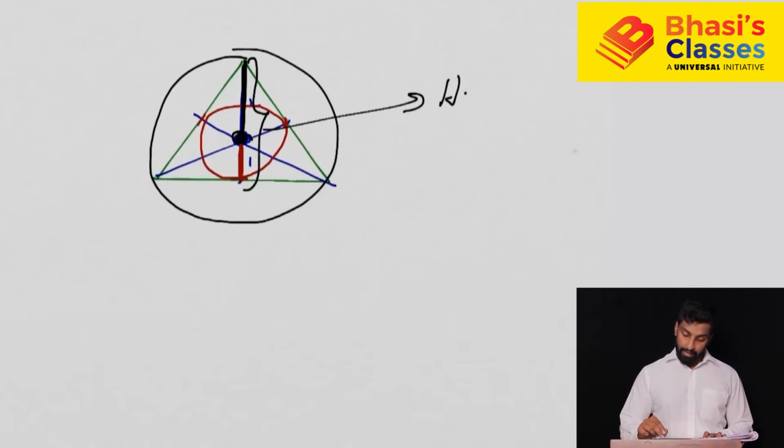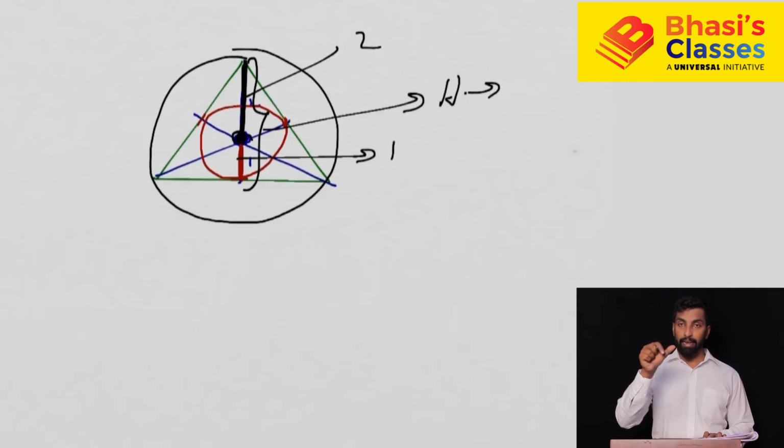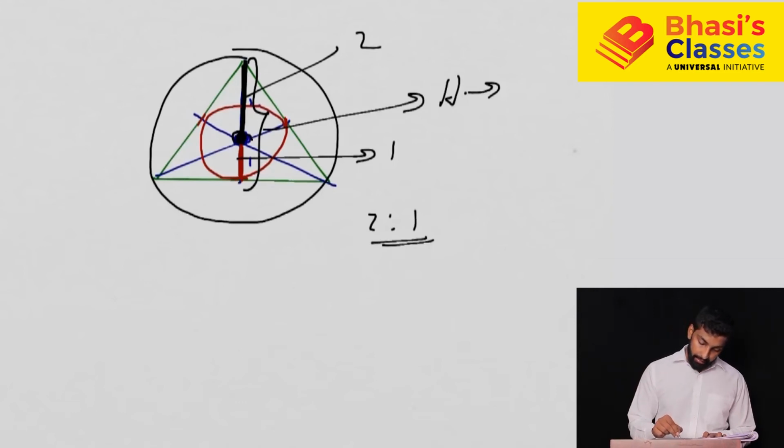So what you can understand is, I already told you, this is 2 and this is 1, dividing in the ratio 2:1. So the radius of the circumcircle and incircle is in the ratio 2:1. You understood? So obviously the areas will also be in the ratio 2:1, right? Now the height is in the ratio 2:1. So if you need to find the radius of this,